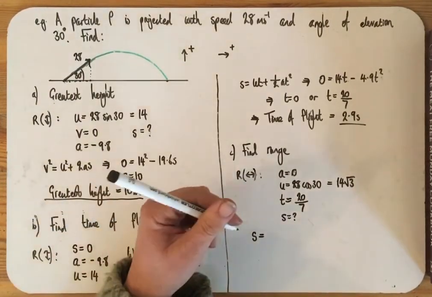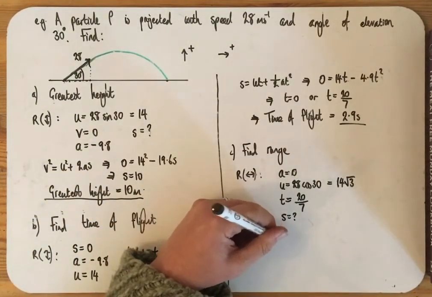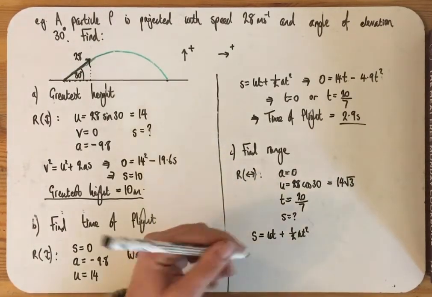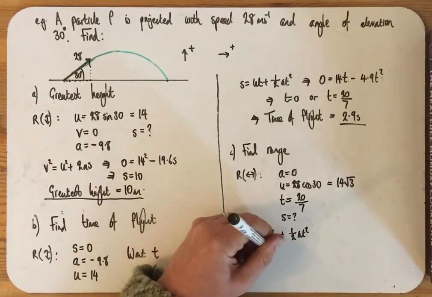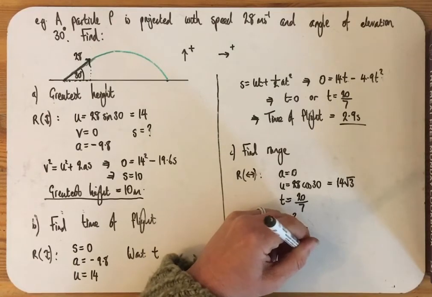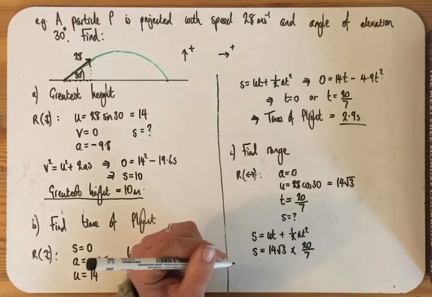But you can think of this as ut plus a half at squared. That makes life easier. a is 0, and so s is equal to 14 root 3 times 20 over 7. That gives you